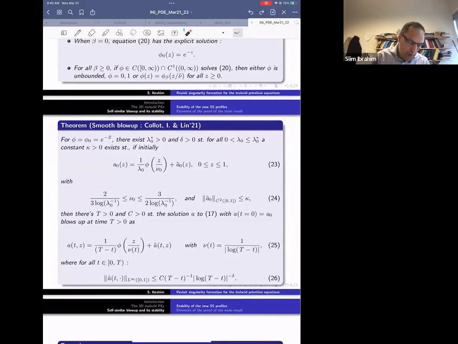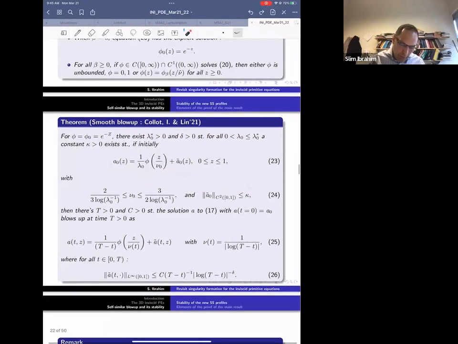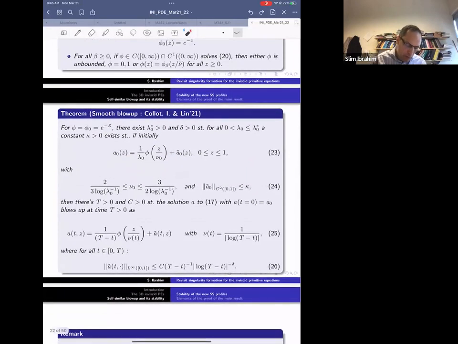So the first one is about smooth blowup, or the critical case. If you fix this profile, exponential minus z, then you can tune your initial data to a rescaling of this profile with a perturbation, and this perturbation is initially small in the C2 norm. If you tune your initial data in that way, then the corresponding solution blows up at this speed,